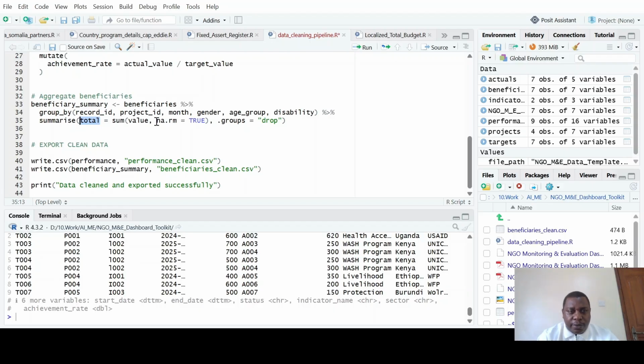that is not applicable, or any other missing values. Then I set .groups equals drop, it will drop the grouping in the beneficiary summary dataset that will be created. So I run this,